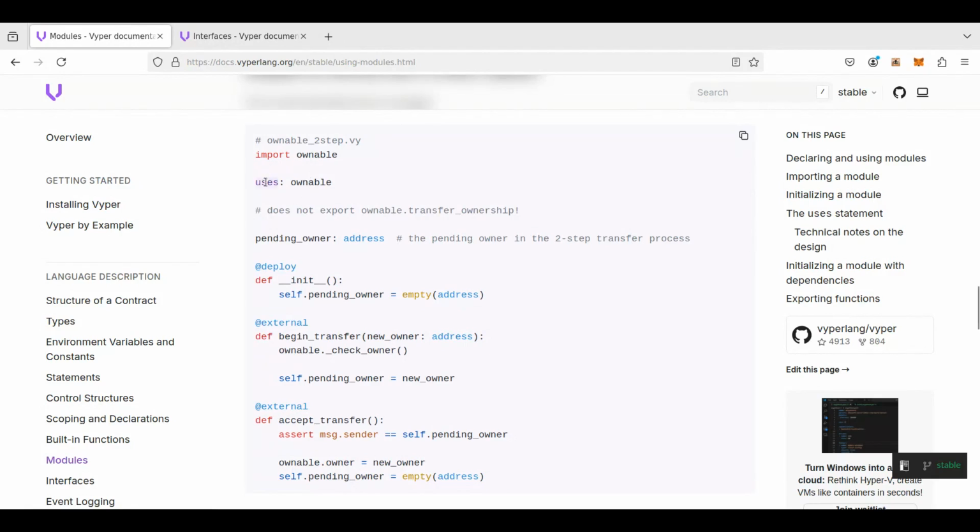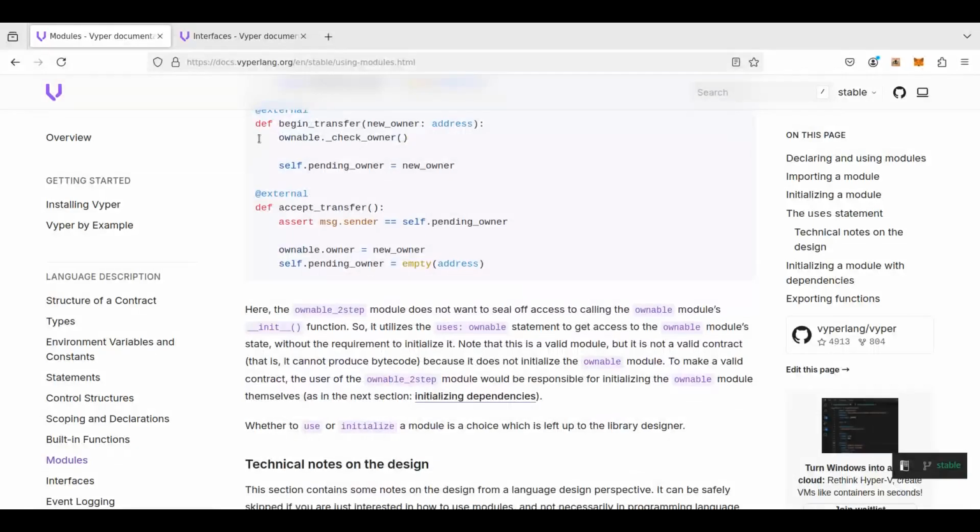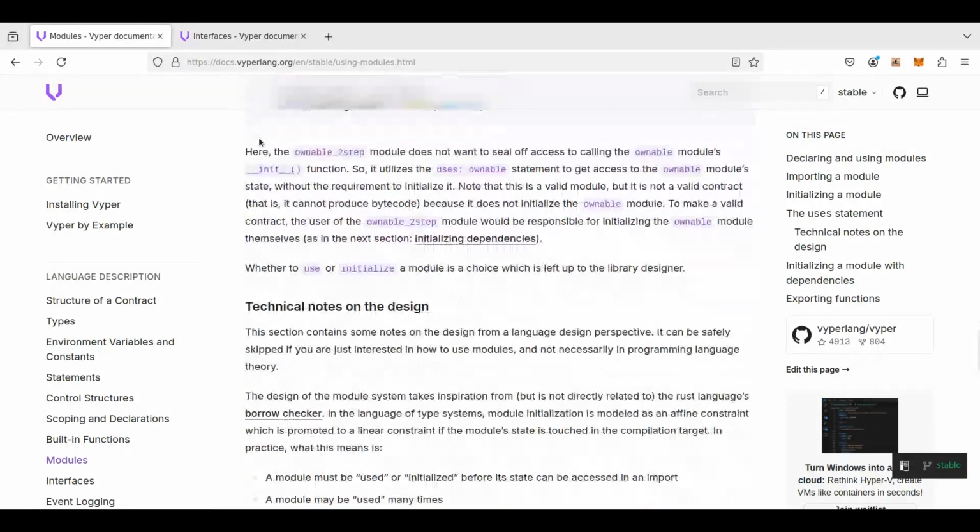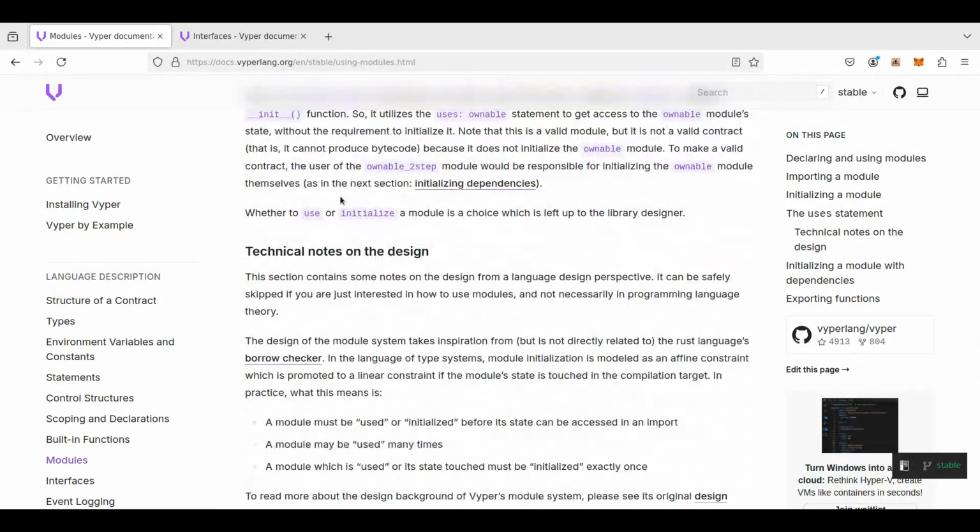So if you don't have this uses thing, then the compiler will complain when you get here, or when you get here. It'll say, excuse me, you're touching ownable's state, but you didn't say that's allowed in this contract. And the inspiration for this actually was kind of from the Rust borrow checker. It's a lot less sophisticated than the borrow checker, but it's kind of similar in design or in spirit, which is